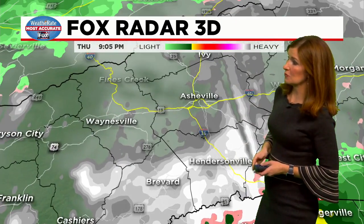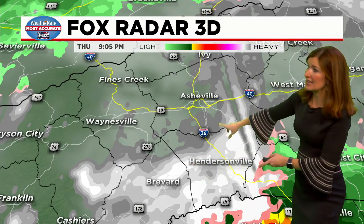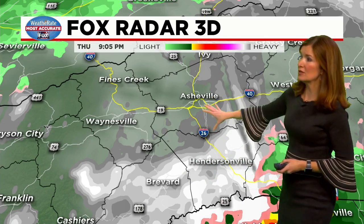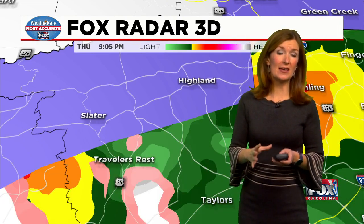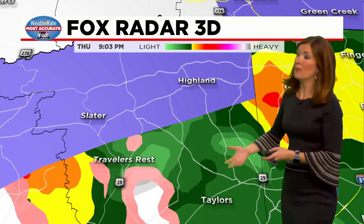Across the mountains, we're getting some snow, but it's not that much yet. We're seeing a little bit around Henderson County and some flurries potentially around the Asheville area, but the snow is going to pick up as we go toward later tonight. The winter weather advisory is only for the northern part of Greenville County. So city of Greenville not expecting any snow accumulation, or Greer or Taylors or Simpsonville, but as we move up